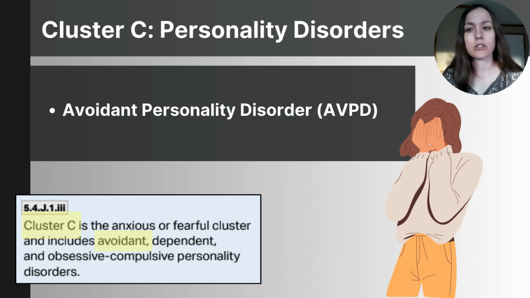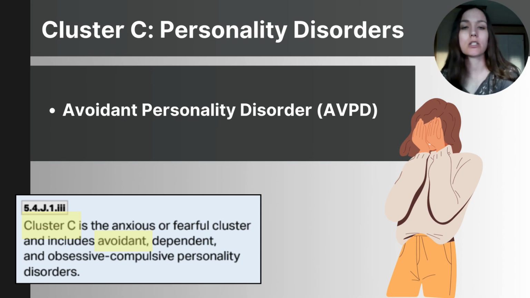And a few considerations to keep in mind is that avoidant personality disorder is different than social anxiety disorder, because in social anxiety disorder, this is a temporary distress that happens in a social situation. Avoidant personality disorder is a lifelong pattern of avoiding because of the fear of rejection. And it's not necessarily specific to being in that particular social situation.